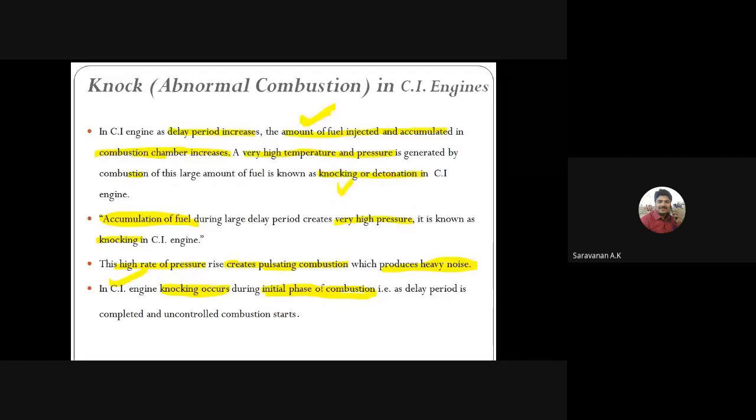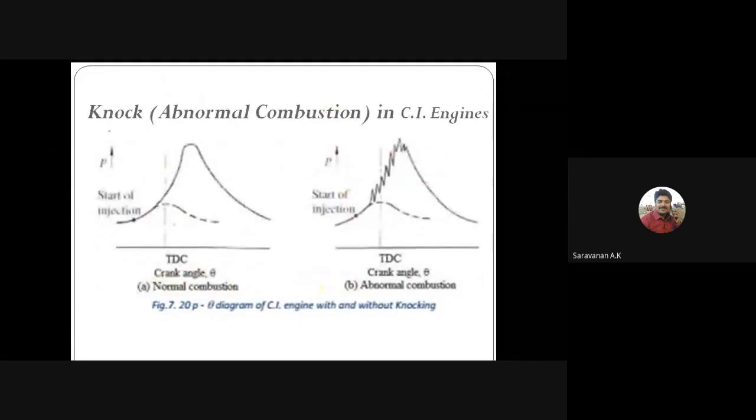Comparing it with the SI engine, I can explain it a little more simply; you know it, right? So it is the abnormal condition, right? If the fuel burns in a normal burning, the curve will be